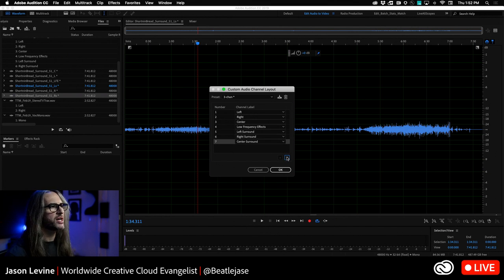7 center surround, we're going to change that. And 8 left center, we're going to change that. And you can keep on going. Now again, you don't have to put these channel labels in there. It's really more, if the editor or somebody wants to know what's on what, that's very helpful. Also, as I mentioned, because it gets flagged in the metadata, that data can be important for external encoders